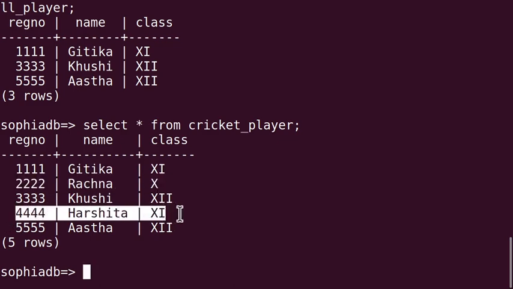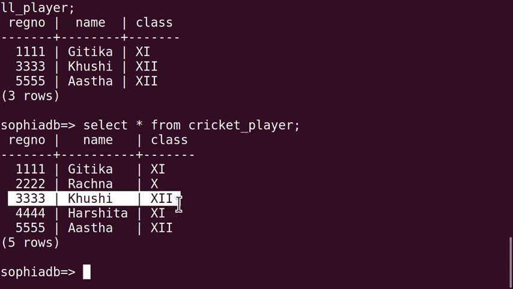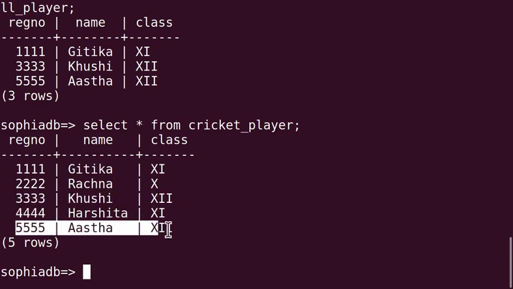So except duplicates, what are the rest of the records? First one Gitika's record that we are getting in the output. Next one Khushi and next one Astha. So only cricket they are playing. Gitika, Khushi and Astha, they are playing only cricket. Right girls?